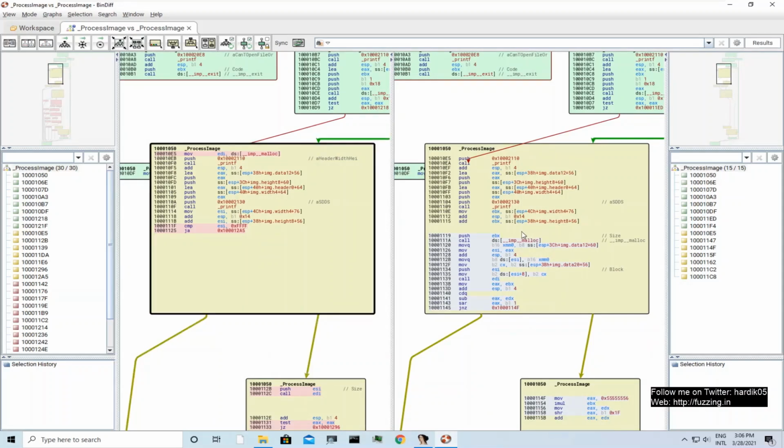There is no size check for the malloc. So you can easily cause an integer overflow over here, because they are blindly adding this image width and height, and there is no check which checks for the actual size over here.